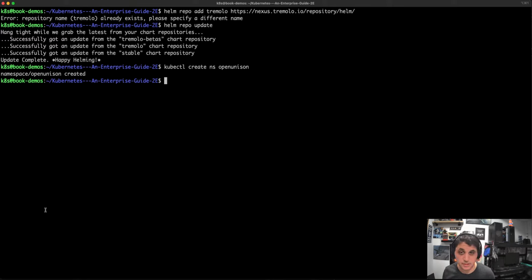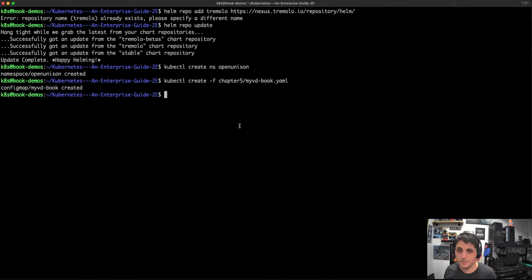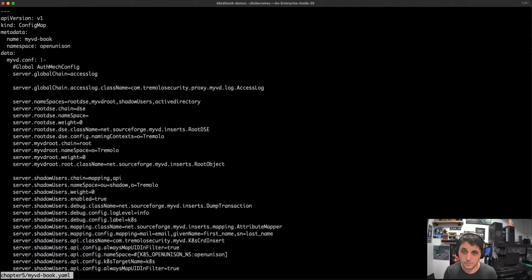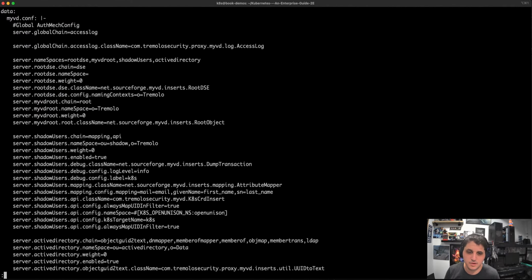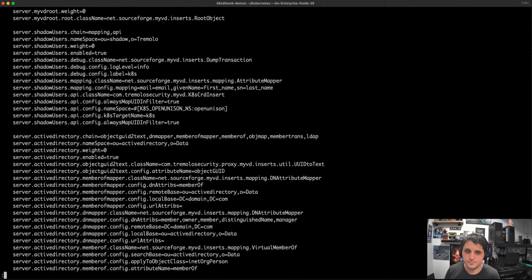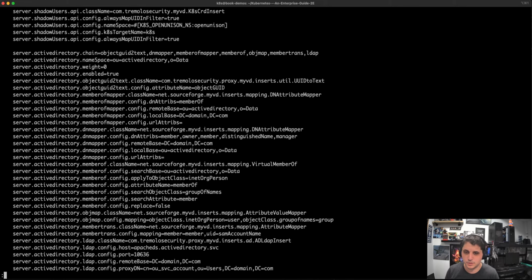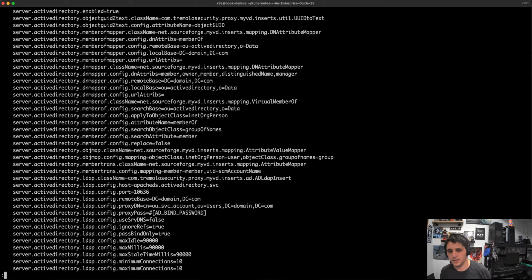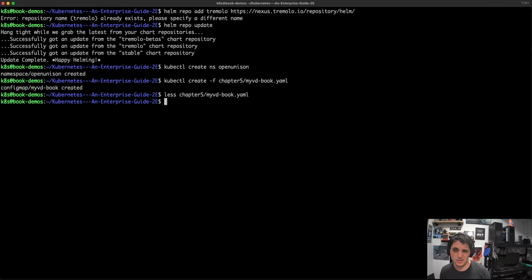So this is step 6, and this is just a YAML. Let's take a look at this one real quick. Chapter 5, MyVD book YAML. So this is just an embedded config map with MyVD configuration. Not really a ton going on here. We just adjust some of our mappings inside of Active Directory. You don't really need to worry about that. So our next step is to set up